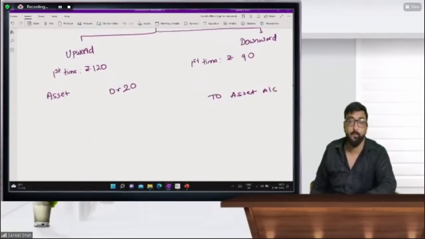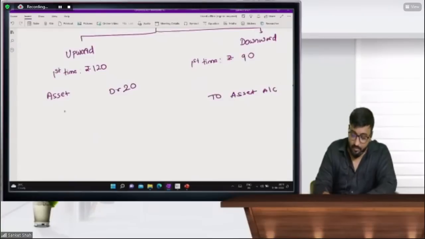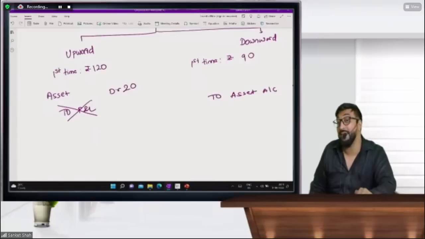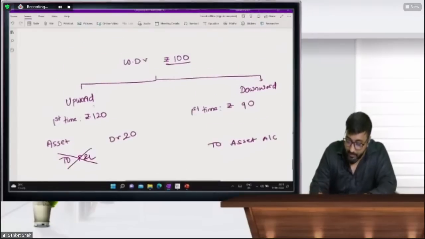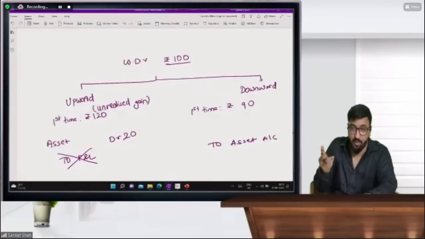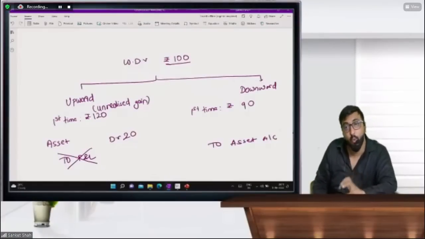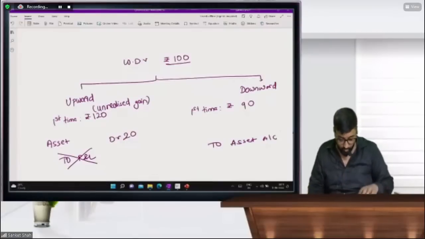Now the question is, sir, should I record it in P&L? No. Whether this is my profit? Yes, it is your profit, but you should not route it through P&L, because if P&L is credited, you will give dividend out of this, and this is unrealized profit. Unrealized gain. Realized means you are receiving cash, but this is not receiving cash. This is only on book. You are recording at 120. ये सिर्फ book में है जिसको आप 120 पे record कर रहे हो.